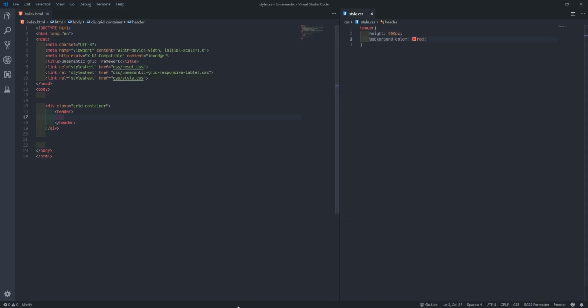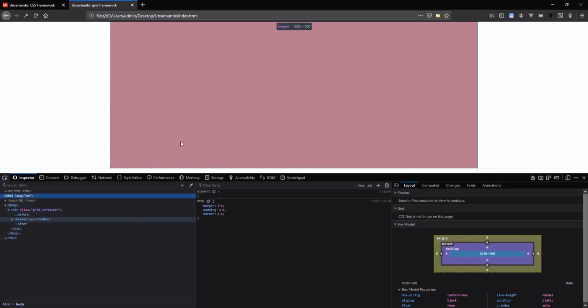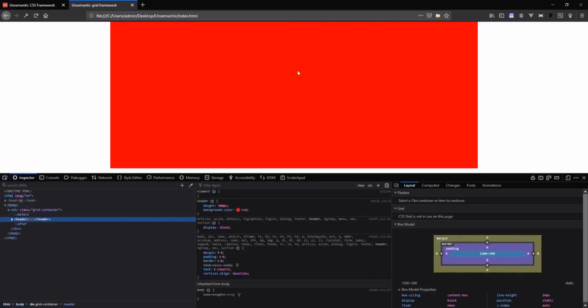So I'll go to my browser and refresh. Now you see what happens. If you notice, I did not put width for this place. I cannot put width because on Semantic, they already arranged the width for me. So this 1200 pixels is what they use as the width. So what I need to do is specify the height.